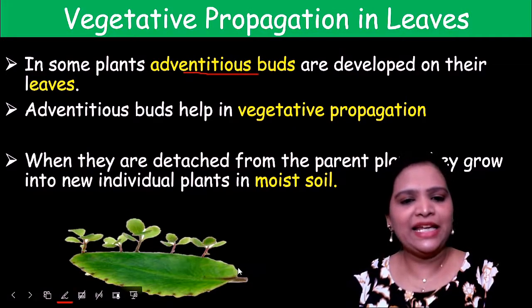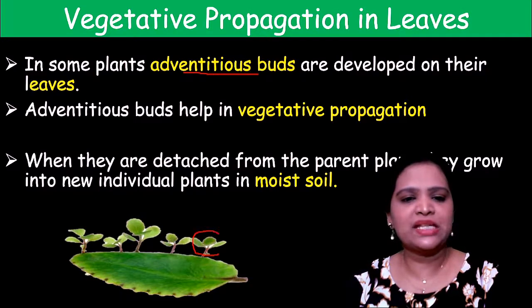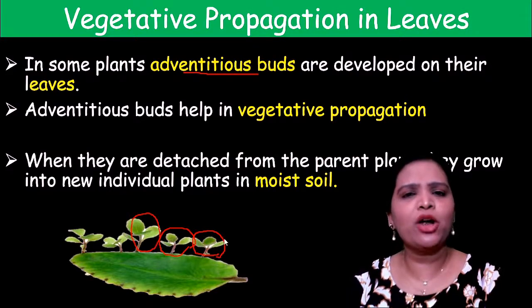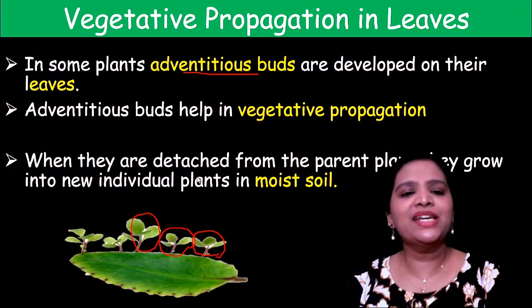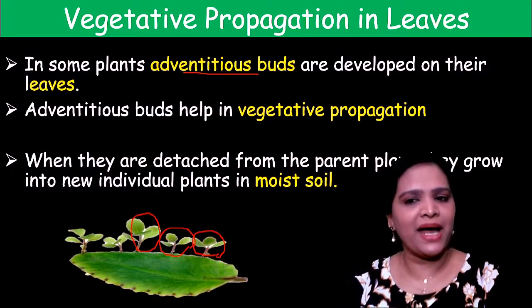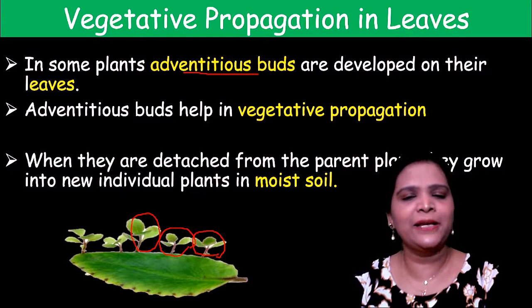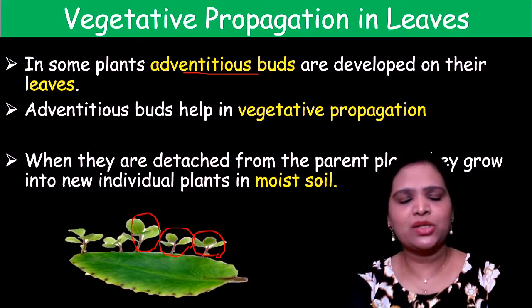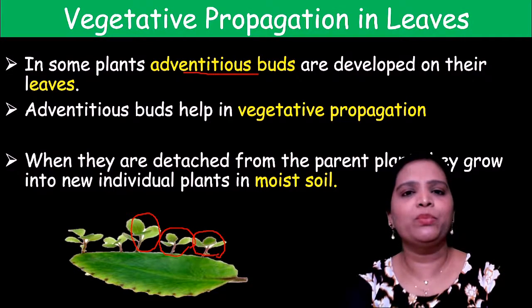So this is a leaf. On this leaf, we could see small adventitious buds. They are like small plants, very young ones. When these plants get detached from the parent, they grow into a new individual plant in the moist soil. These small young ones, the adventitious buds, get detached from the parent leaf